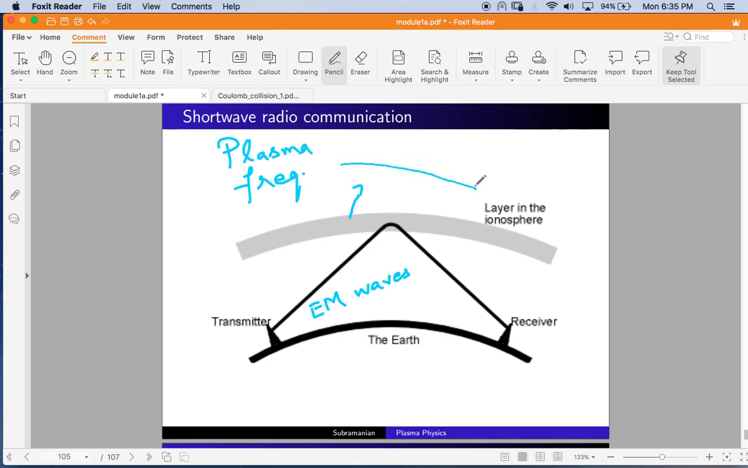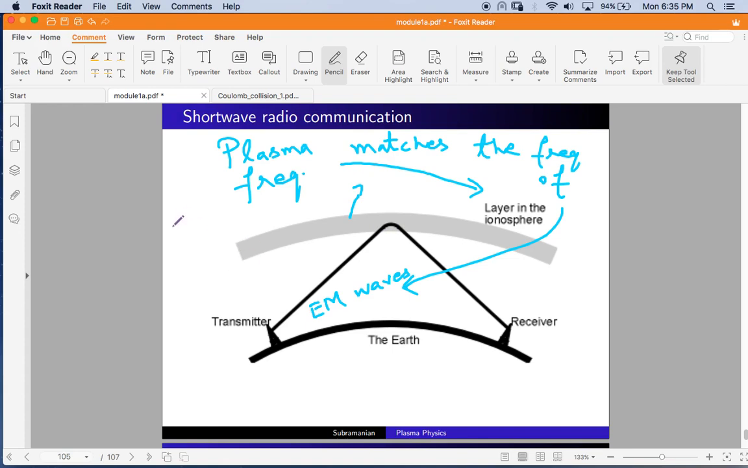of this layer matches the frequency of these waves. Okay, so the thing is, when these electromagnetic waves hit a particular layer in the ionosphere, okay, now